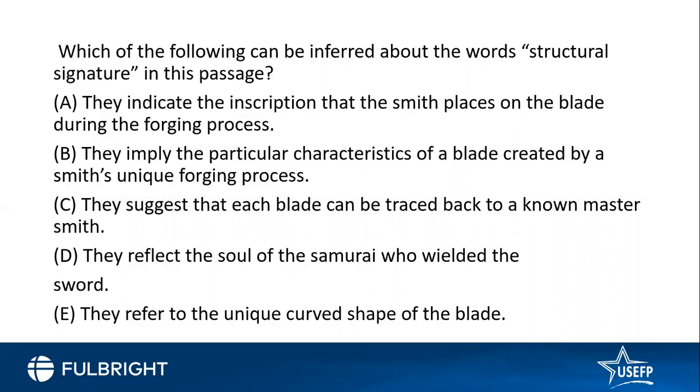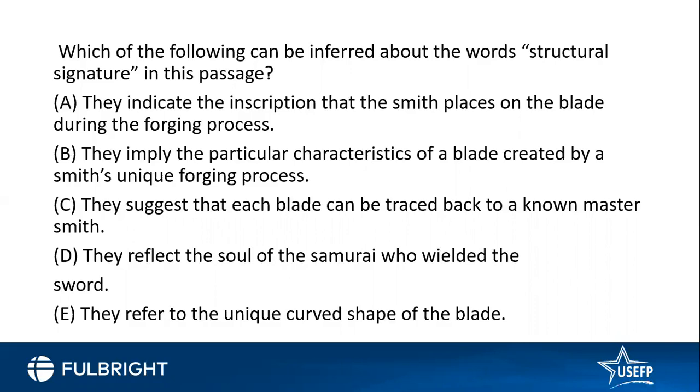They imply particular characteristics of a blade created by the smith's unique forging process. They suggest that each blade can be traced back to a known master smith. Yes, it can be traced back. They reflect the soul of the samurai who wielded the sword. They refer to the unique curve of the rod. So the problem, like D, sorry, C is mentioned in